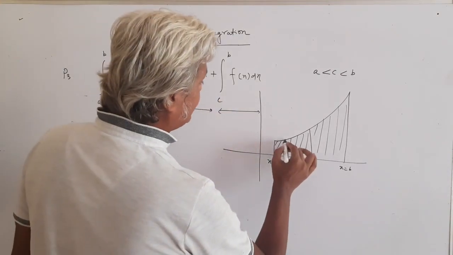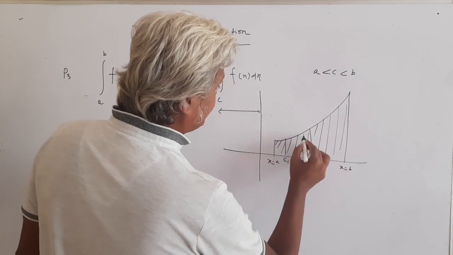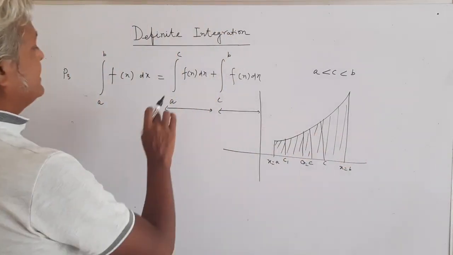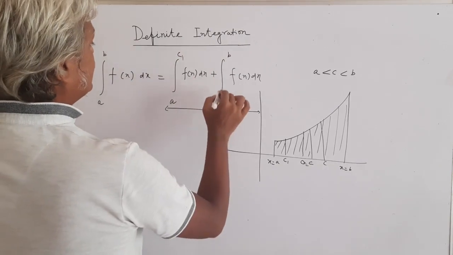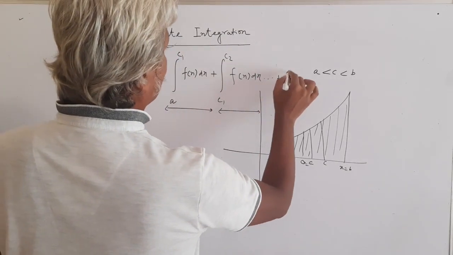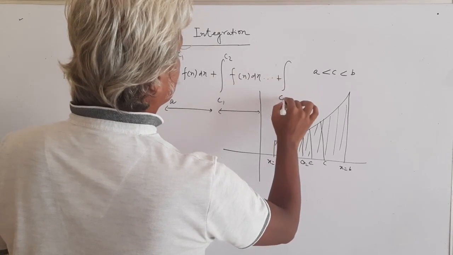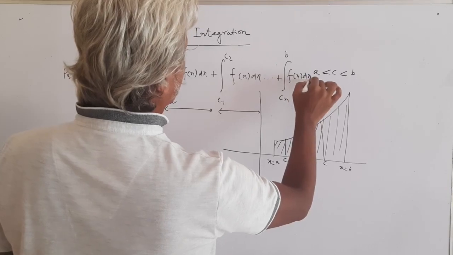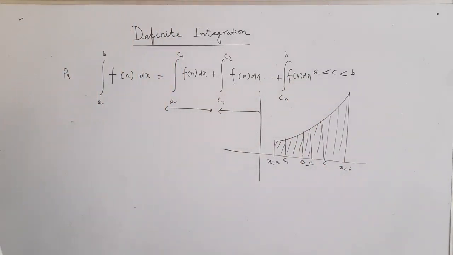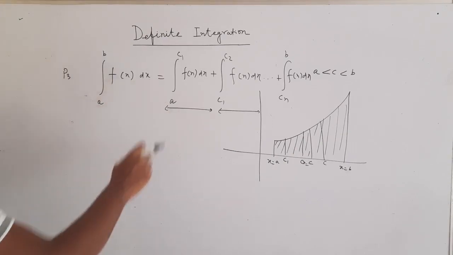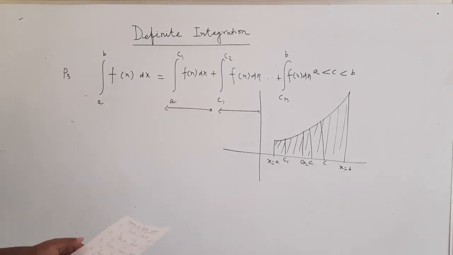This is so self-explanatory, but always c should be in between a and b. Suppose you have some more points, c1, c2, c3; the whole area will be divided as a to c1, then c1 to c2, and so on, and finally cn to b f(x) dx, and all these strips will finally add up to give you the same area, which is given by a to b f(x) dx. Now I go for property 4.